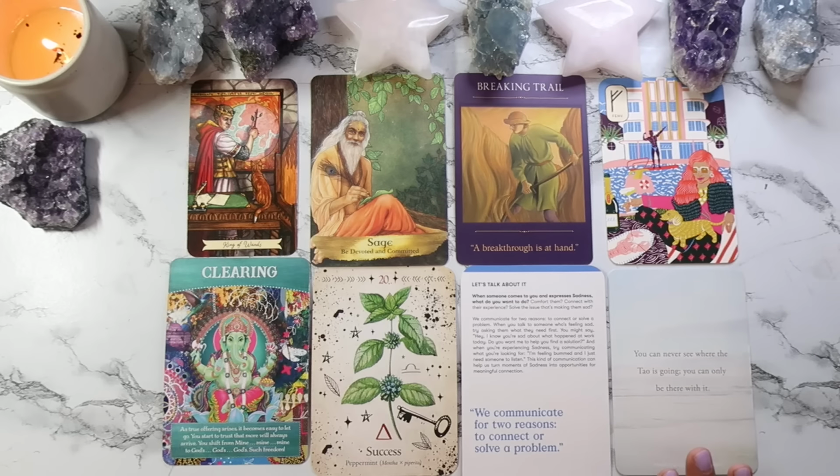Okay, and then the next card that we have here says, you can never see where the Tao is going, you can only be there with it. So the Tao literally means the way or the path or the route, the road. Sometimes it can mean the principle or the doctrine or the belief. But basically when I see this, it says you can never see where the path is going, you can only be there with it. So I feel like there's a part of you that,